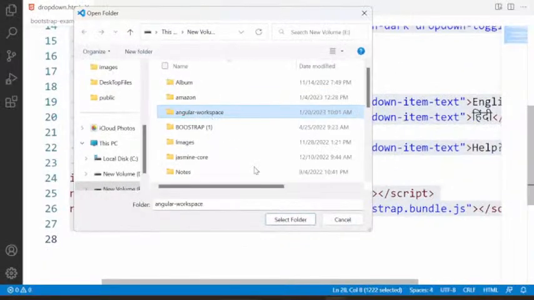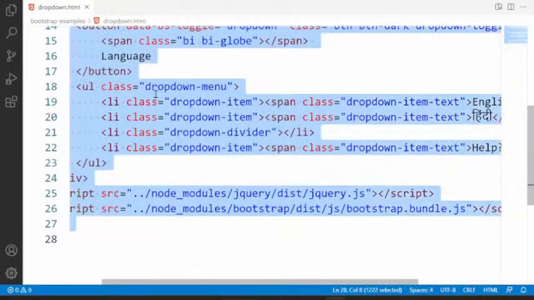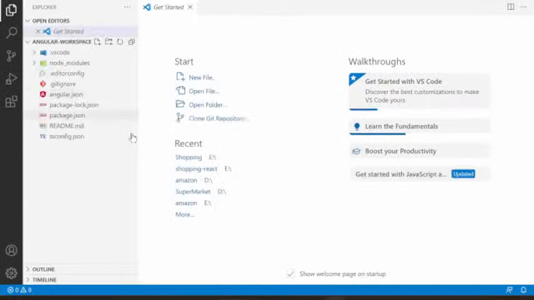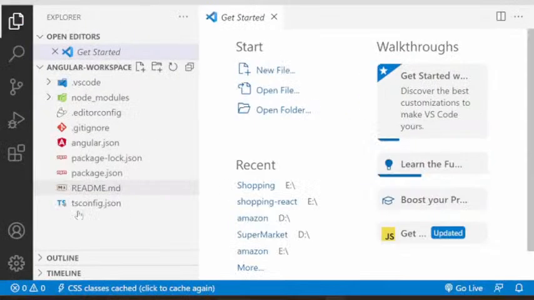Now, when I open that Angular workspace, you can see the project. This is the workspace, and the workspace contains some ready-made files here. By default, you have some files and folders here.